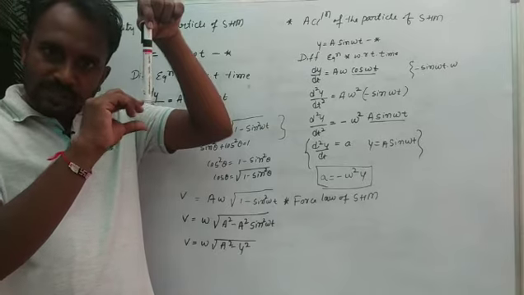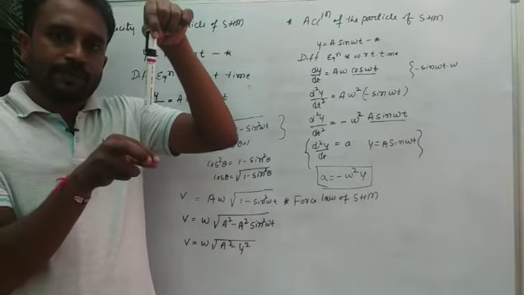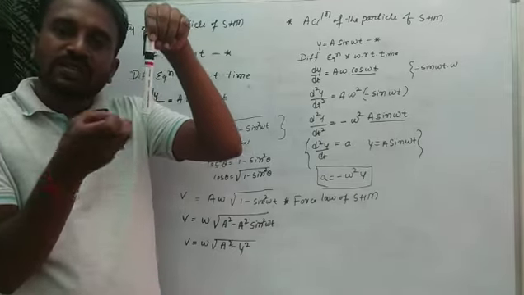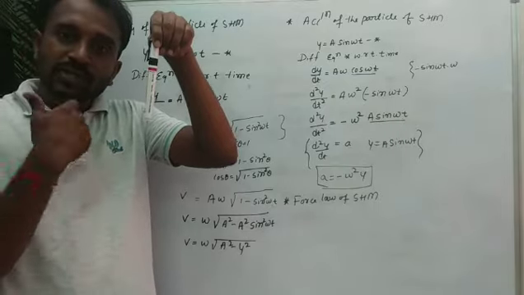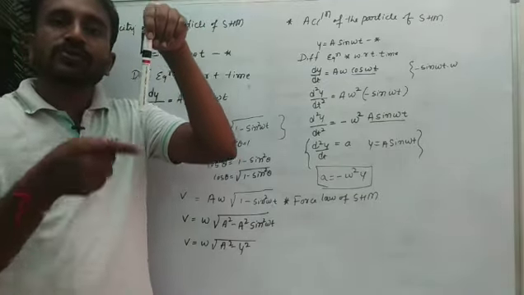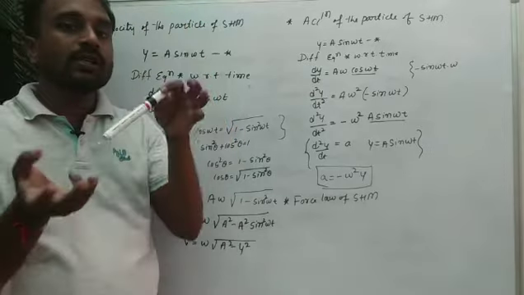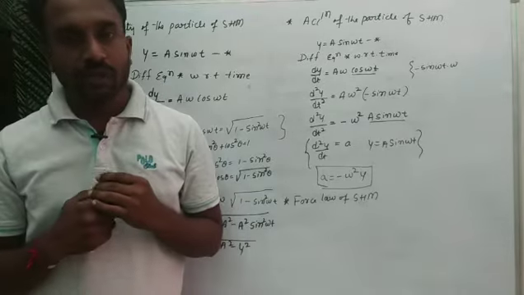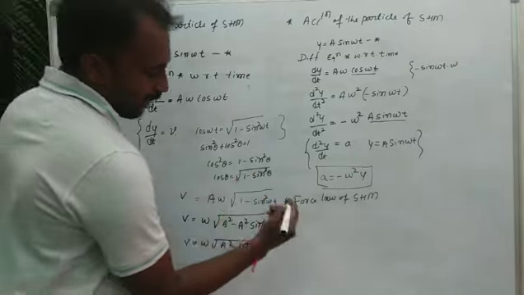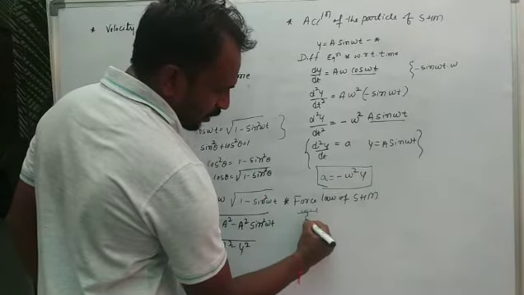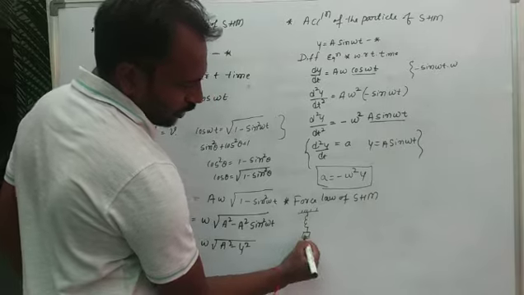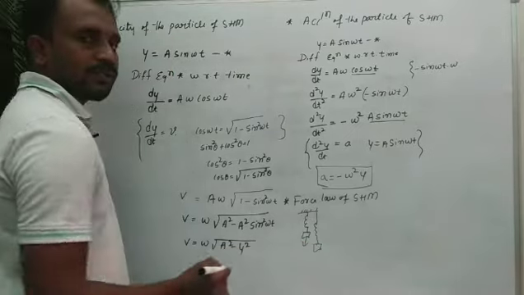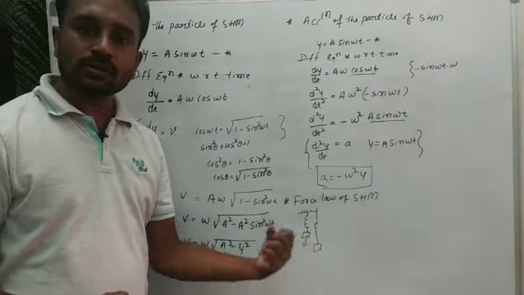When you apply the force, the spring is displaced, and inside the spring a restoring force is produced. It means we consider a potential energy. By using this potential energy, the spring goes back to its initial position. So that potential energy of the molecules we consider as a restoring force. For example, here we have a rigid surface and this is a spring. If you apply some force to this spring, it is stretched. Then after removal of the force, it goes back to the initial position because of the restoring force.